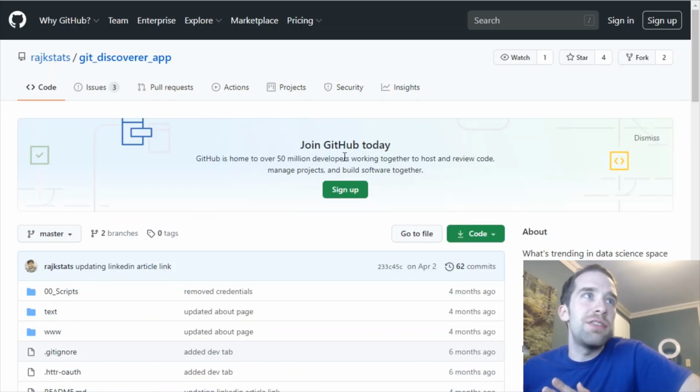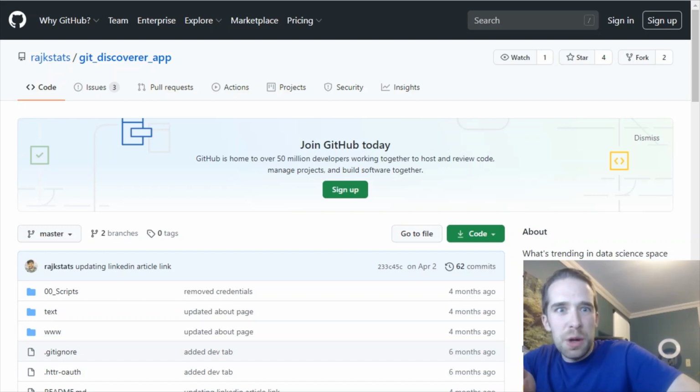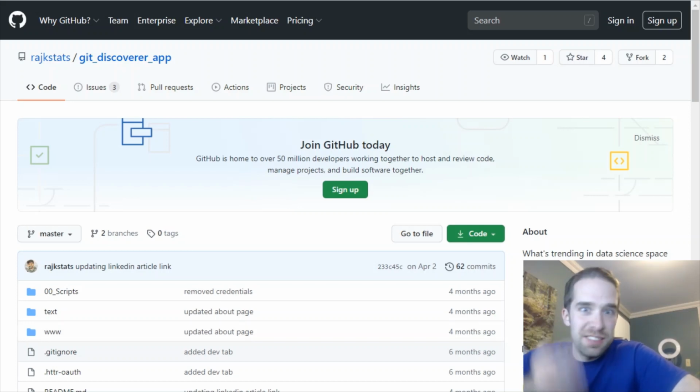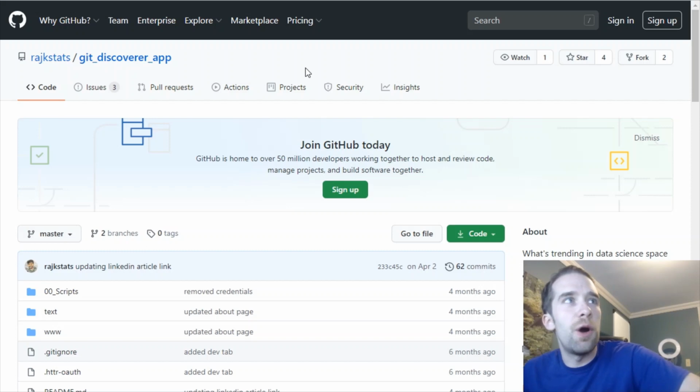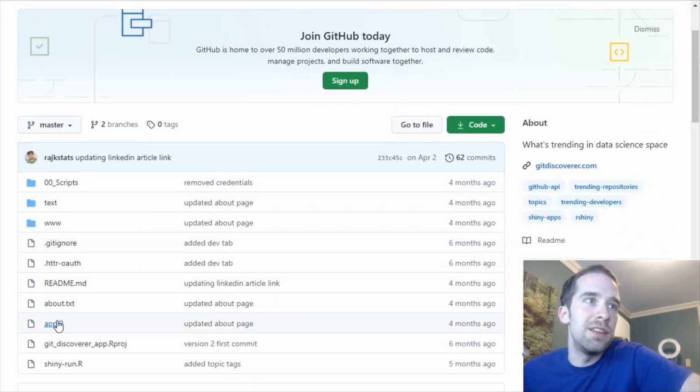And honestly, I think with this app and with the code for it too, I think it's a little bit simpler even than a couple of those apps that we saw before. And when I say it's simpler, that's actually a good thing. I like simple apps. I don't like massively complex, overwhelming looking apps that just give me a headache. No. This app is nice and clean and simple and straightforward and easy to use. So credit to the author here, rajkstats. If we go into the app here,